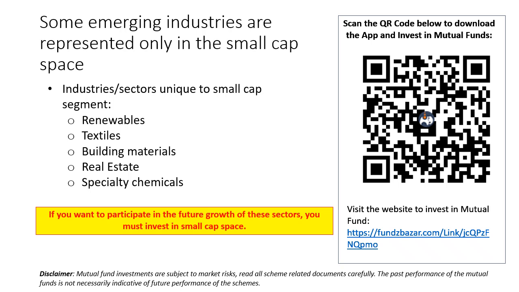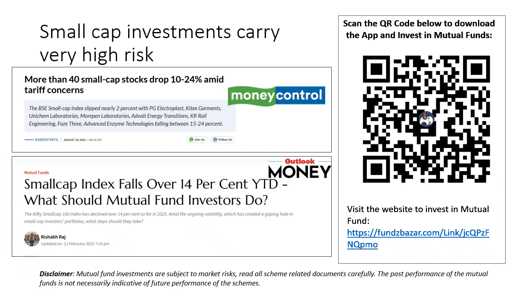So the next set of winners, the next set of stocks or shares or companies which are going to multiply your wealth by 5x, 6x, are going to come mostly from the small cap segment only. So if you want this kind of exposure, if you want these kinds of returns, you have to invest in the small cap segment. And a good way of doing that is taking an exposure to the small cap funds.